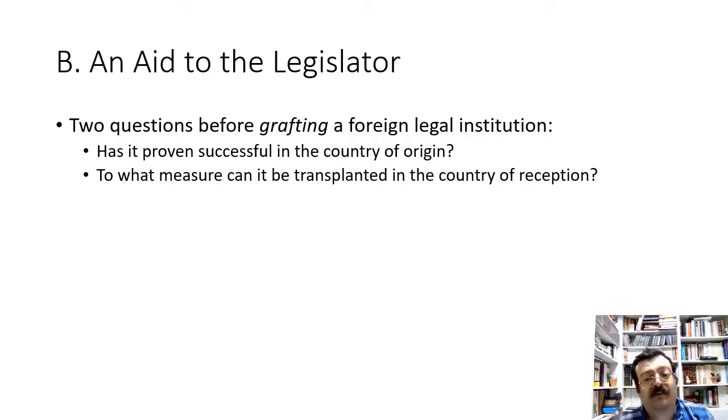Here I can give the example of fiduciary contracts. In 1997, the Lebanese parliament voted, and the president promulgated a law related to fiduciary contracts. Fiduciary contracts are very successful in common law countries, but can we transplant them to Lebanon, where our notion of ownership is different from the notion of ownership in common law? That was a very debated question back then.